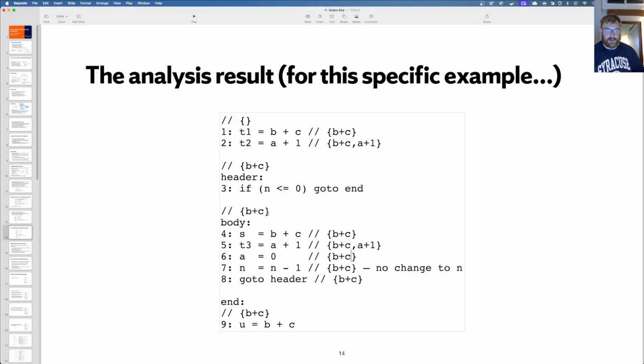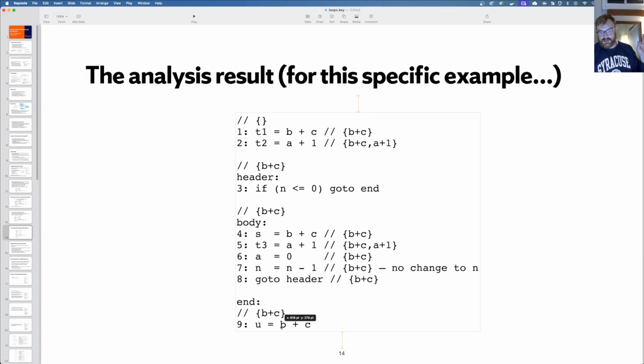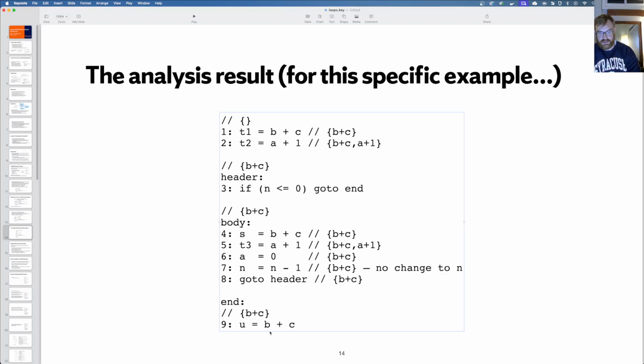And then when we go around the loop, because this is just b plus c and not a plus 1, it's not available right here. At the end of the loop, we have b plus c available, and we can use it as expected. So in this case, we can detect that this usage and this usage are both things that we could have lifted up and, I guess, they're in T1.